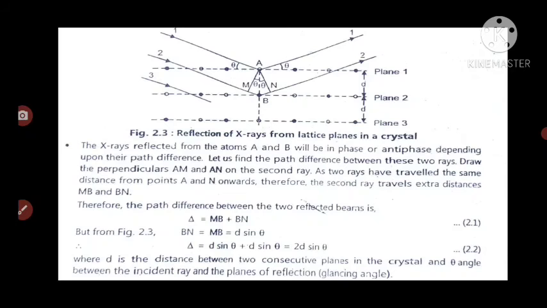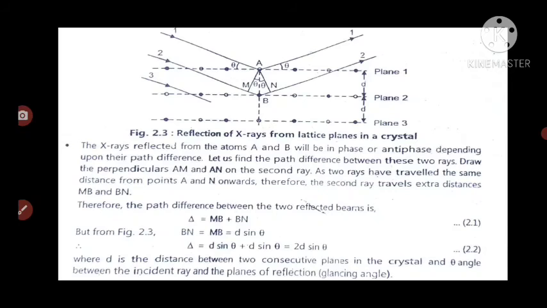To find the path difference of these two rays, we draw the perpendiculars AM and AN from A to the rays incident on and reflected from atom B. We want to calculate the path difference between the two reflected beams,